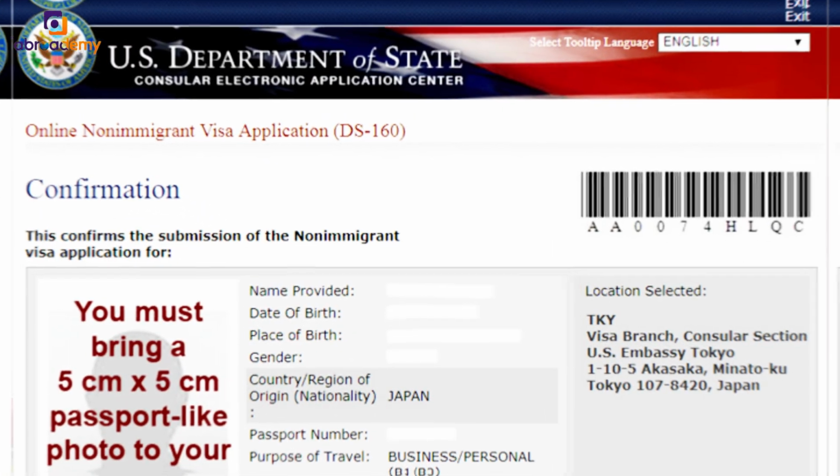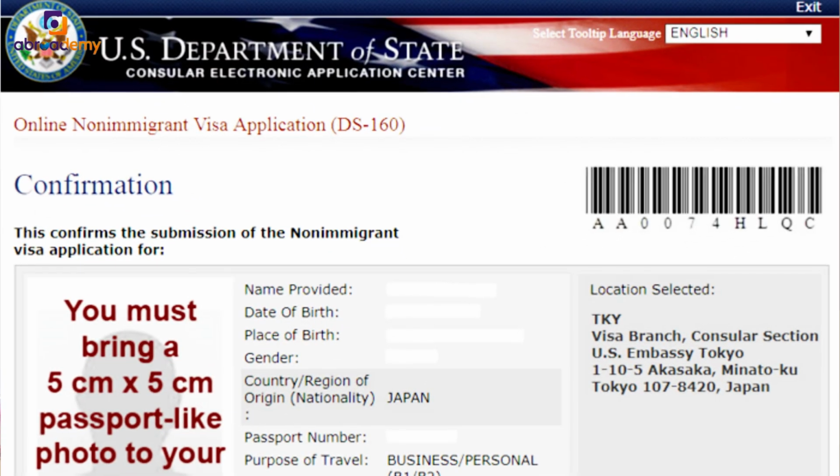Well, you do not have to face denial if you pay proper attention to avoid common mistakes in your DS 160 form. So let us guide you through some of the most common mistakes that you can avoid in your DS 160 form. First,